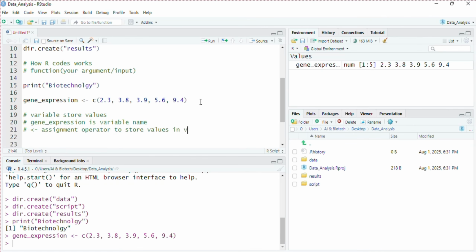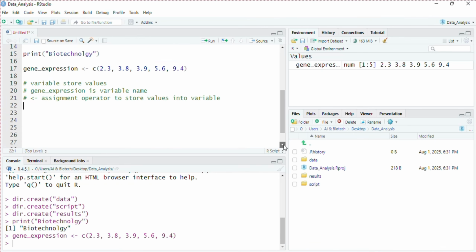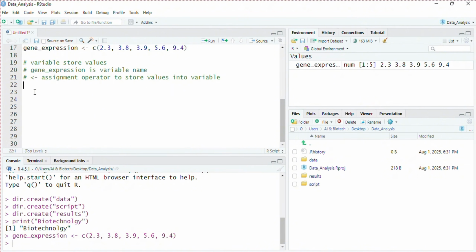So if you want to store any object in your current session, you can use this. You can create a variable and save it to your environment. If you don't want to save it, you can directly run the command without this variable creation.